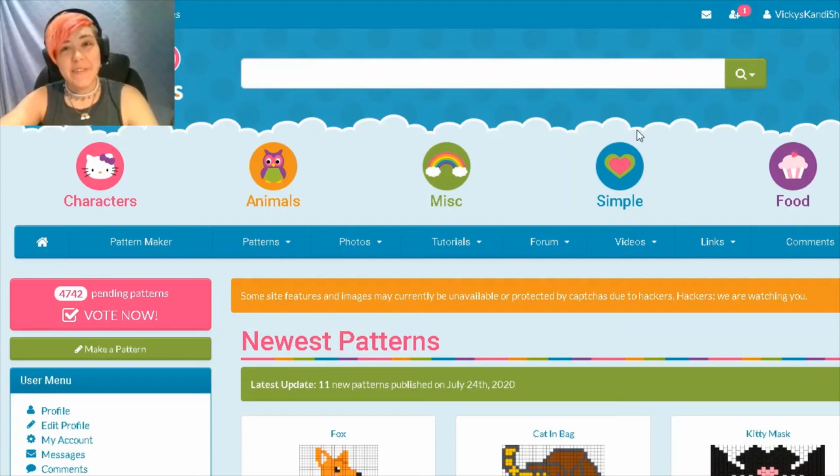Well, good morning, everyone. Today we're going to be looking at how to make candy pattern designs. So pretty straightforward here. There's this awesome website called